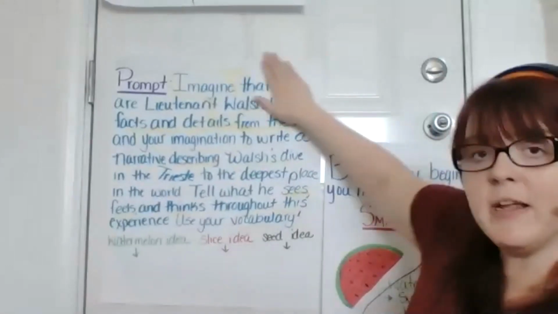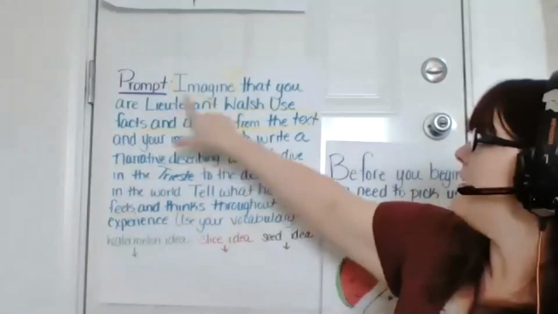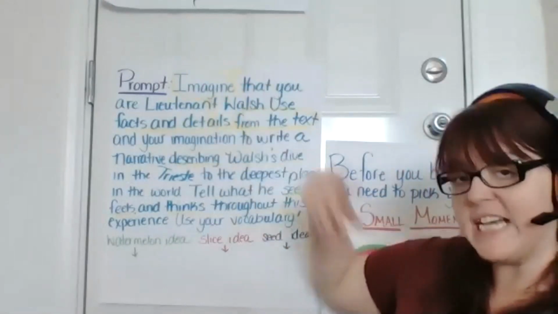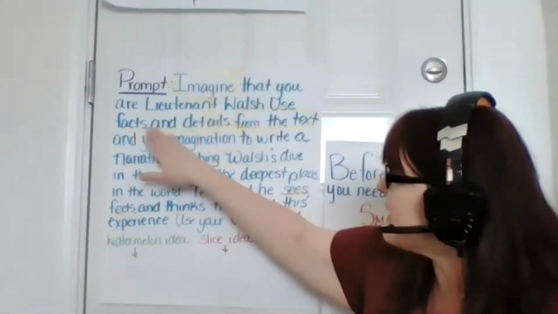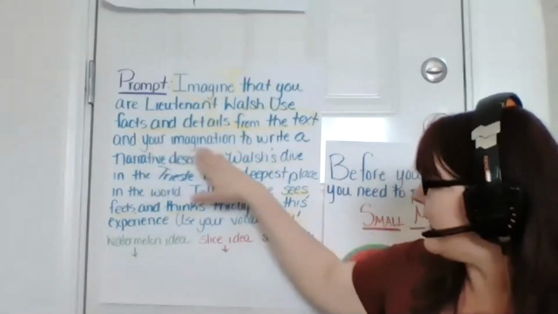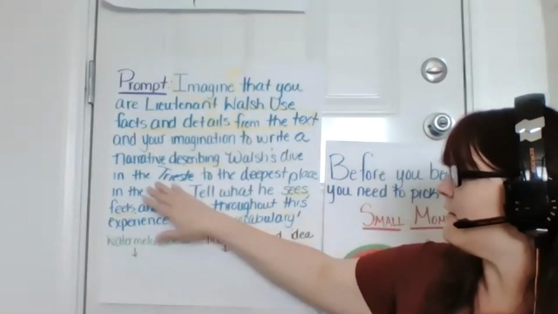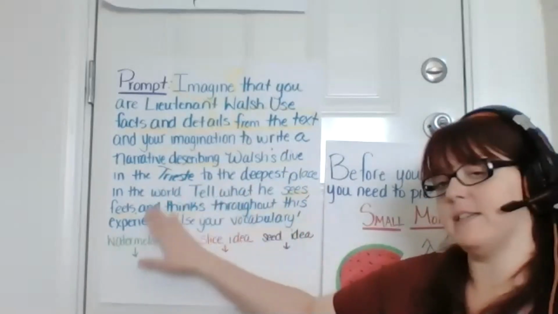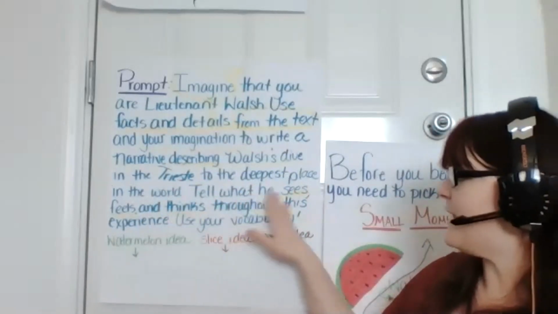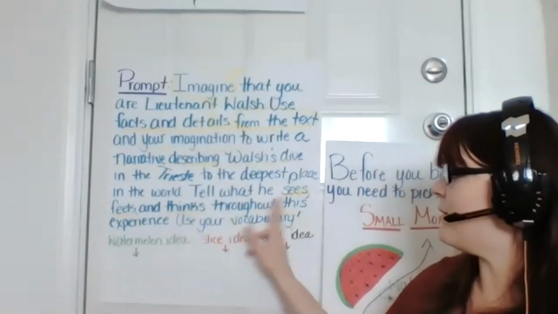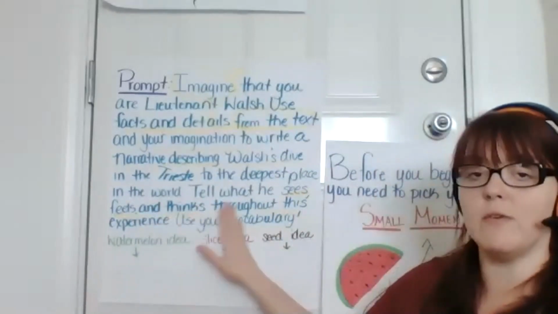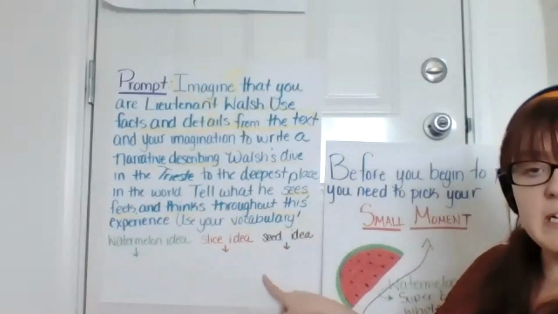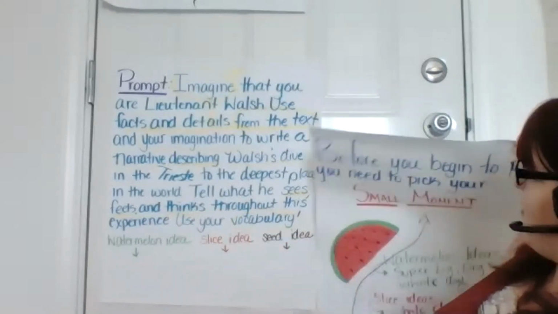So the writing prompt that we're working on, again, is that we're going to imagine that you are Lieutenant Walsh from the text, and we're going to use facts and details in your imagination to write a narrative describing Walsh's dive in the trees to the deepest place in the world. We're going to tell what he sees, feels, and thinks throughout this experience, and we're going to use our vocabulary words. Before we get to this bottom brainstorming piece, I want to remind you